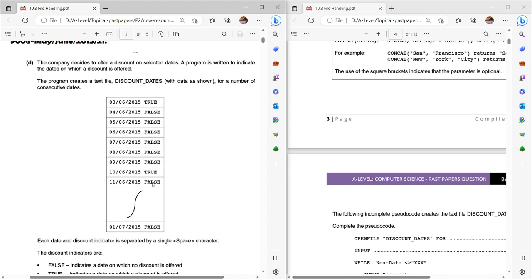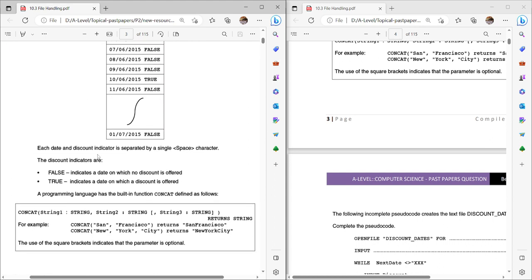So true, false, and you can see various situations where the status is given in front of each date. For each date, the discount indicator is separated by a single space, so we have a space in between the date and the status. The discount indicators are false and true. False indicates a date on which no discount is offered, and true indicates a date on which a discount is offered. The programming language has the built-in function concat,